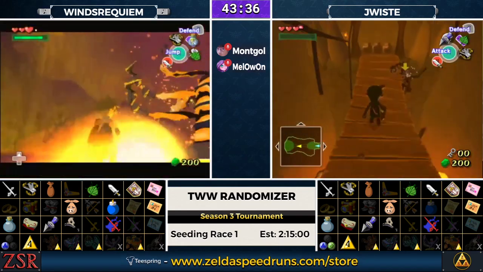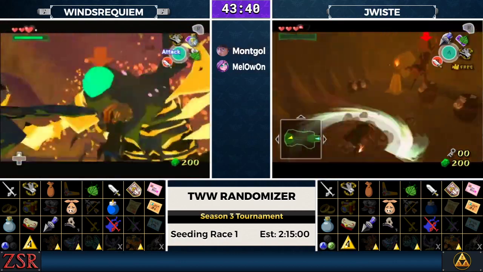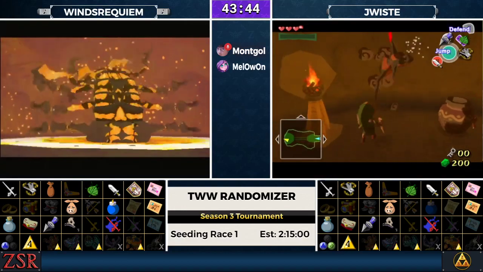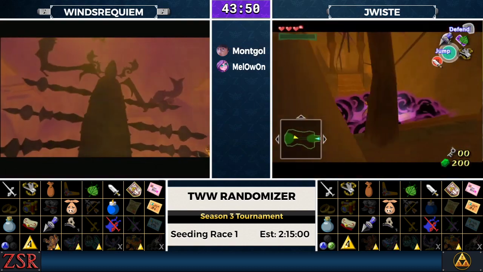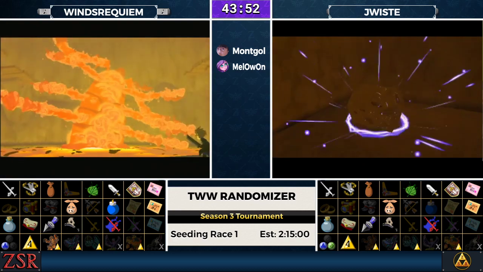Wynn's finishing up with Goma. There we go. That's gonna be the first Triforce shard of the scene. 3 more to go. Well, 7 if we count both players, but